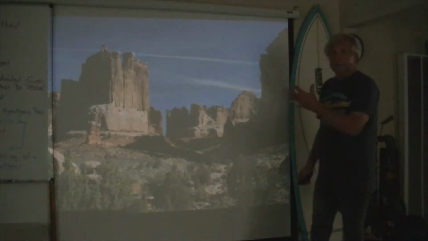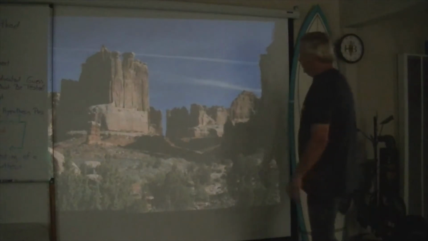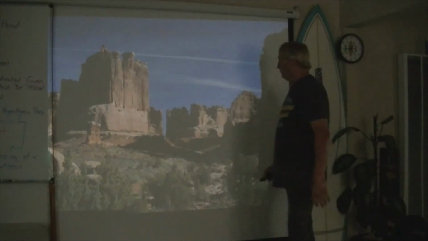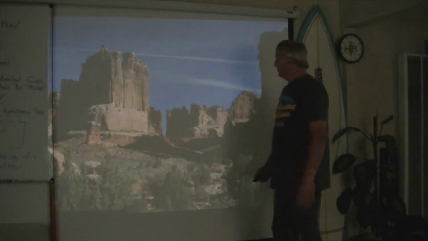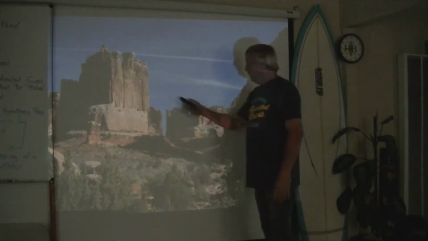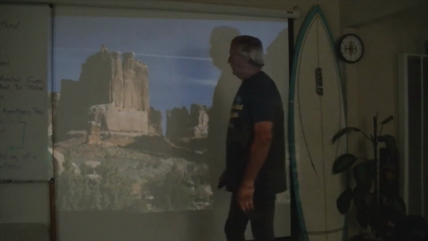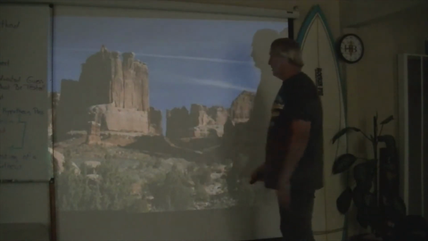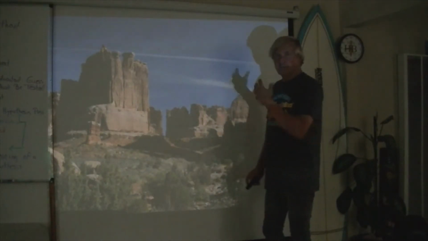So here are some rocks. This is actually in Utah, right on the Utah-Arizona border. These rocks are what makes up Monument Valley and Arches National Monument. These are sandstone rocks. They're about 250 million years old. And by understanding these rocks and how they were formed, and once you understand rocks, you can get a really